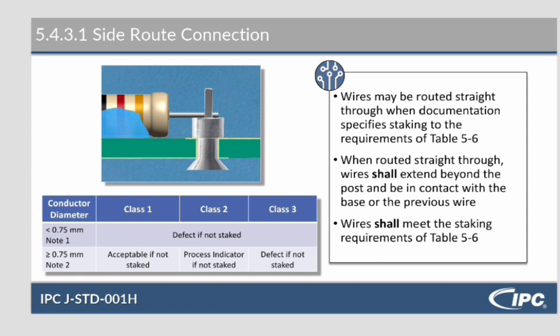Note 1 says AWG 22 or smaller, so that's 22 gauge, 24 gauge, 26 gauge, 30 gauge. For wires that small, it would be a defect if not staked. For wires 20 gauge or larger, so 20 gauge, 18 gauge, 16 gauge, it would be A1P2D3 if